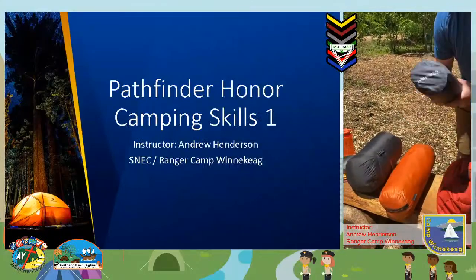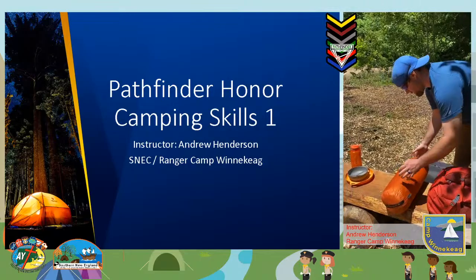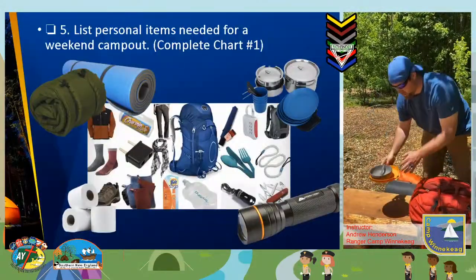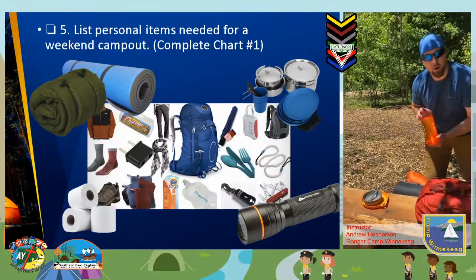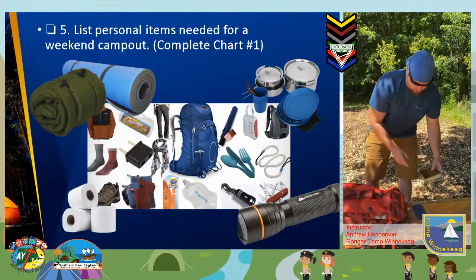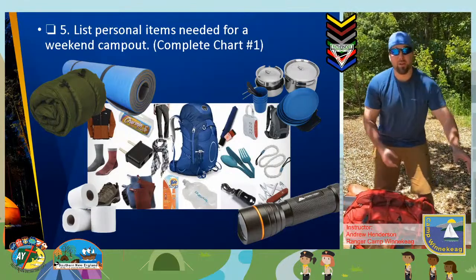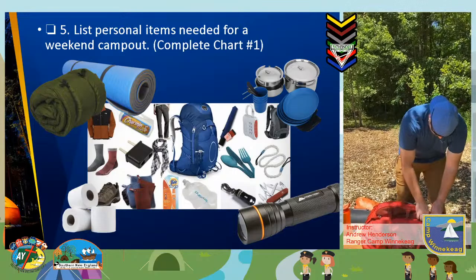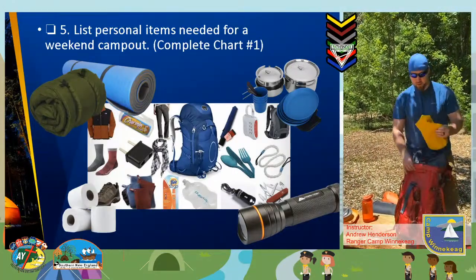So I've got a sleeping pad, a sleeping bag, a tent, a mess kit. I've got my water, very, very important. Bringing my Bible. I have a phone, which does several things as far as location as well as taking great pictures. Okay. Inside my bag, I've got my toiletries,